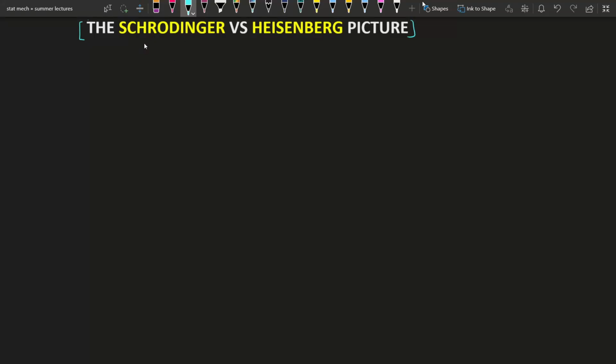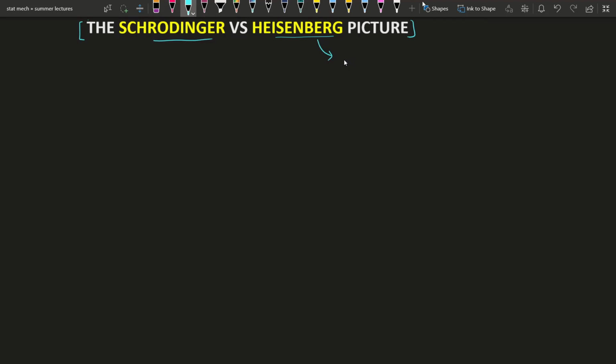Today I will discuss a very interesting concept of quantum mechanics, that is the Schrodinger picture and Heisenberg picture. What are these two pictures of quantum dynamics basically? I will discuss in this video, and not only that, after that I will discuss what is the Heisenberg equation